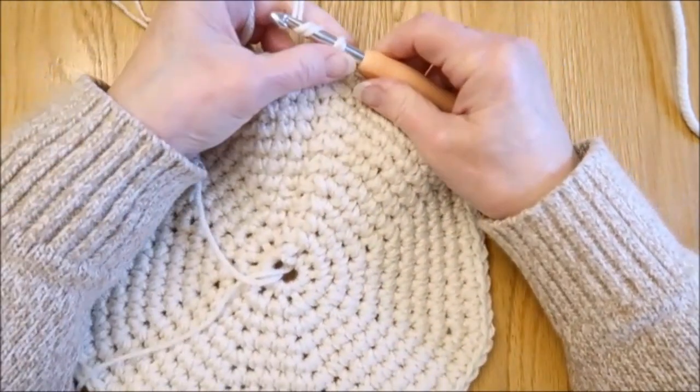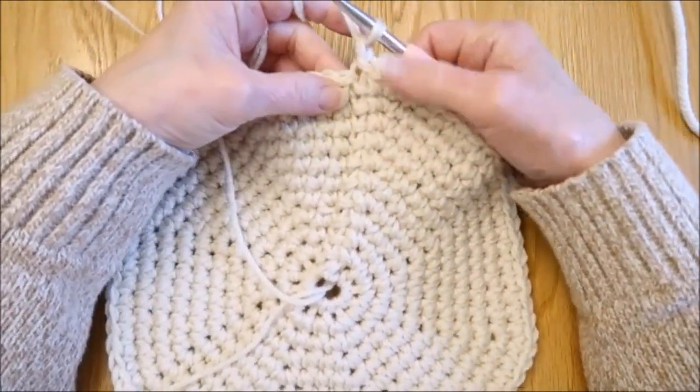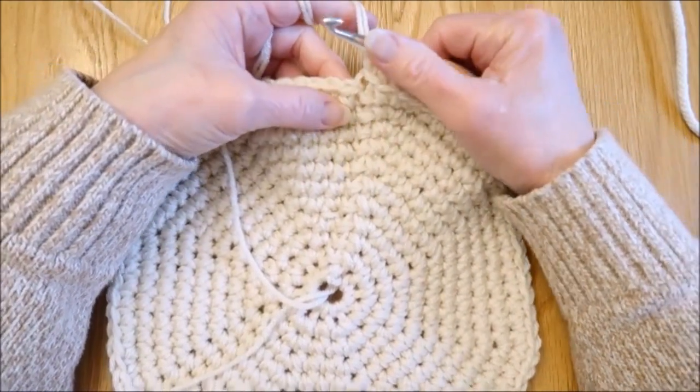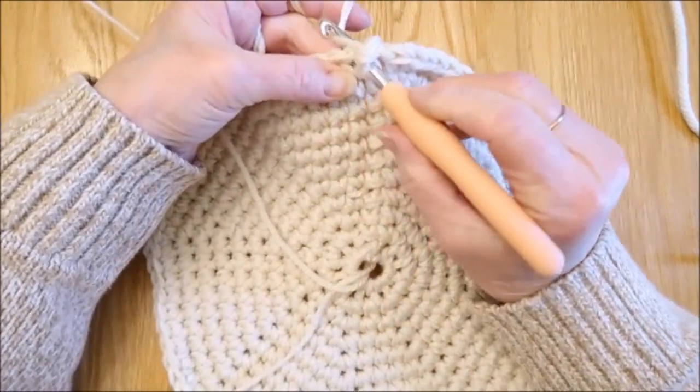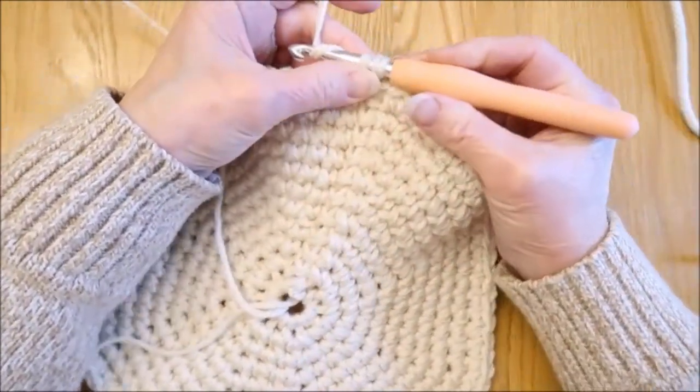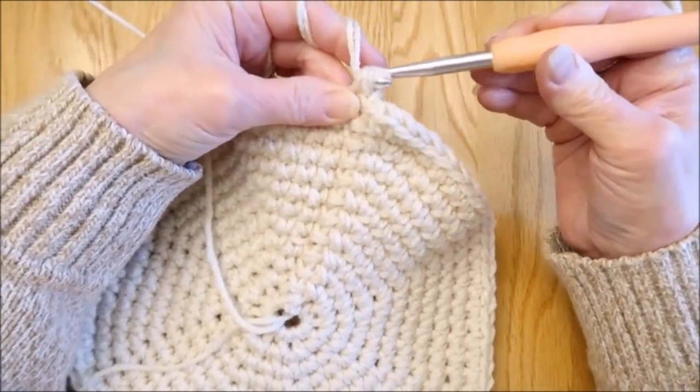So we're going to chain up our first stitch. That counts as our first single crochet. We're going to do 9 additional single crochets for a total of 10. So that is 2,